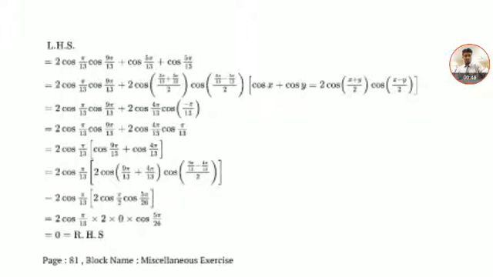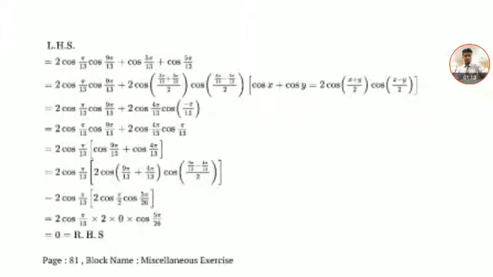You see out here you get cos minus theta equals cos theta, so cos pi by 13. From the first portion of the LHS you also have cos pi by 13, so you take cos pi by 13 common, and you're left with cos 9 pi by 13 and cos 4 pi by 13. Then again apply the same formula, cos x plus cos y. Your x and y are 9 pi by 13 and 4 pi by 13. Just apply the formula and see what you get.